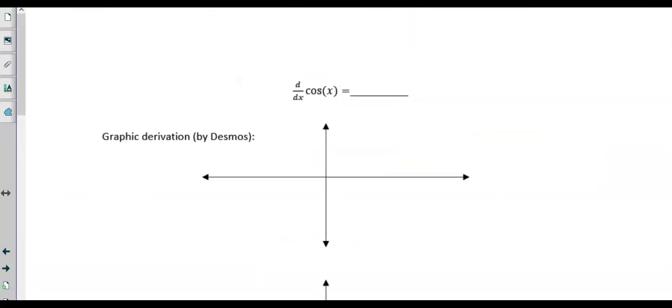Yay! Next. Derivative of cosine x. Well, that's negative sine x. Okay, if we graphed cosine x, just like we did the last one, and again, you're not going to be asked to do this, I just want to give you this extra information. We get a value of pi over 2. Cosine of pi is 0. Cosine of 3 pi over 2 is negative,